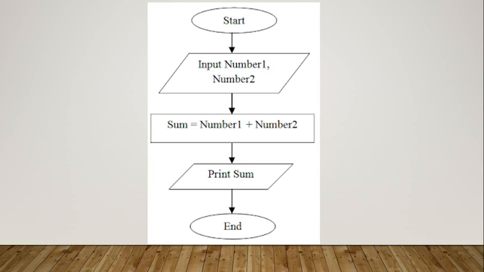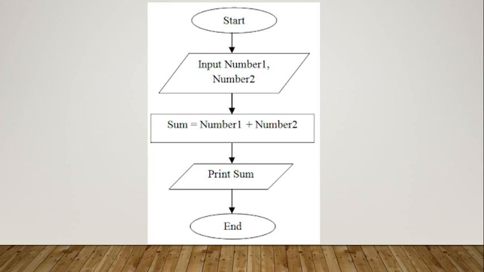And again, when we are dealing with input output operation, we are going to use a parallelogram. When we are dealing with any processing operation, we use the rectangular box. So after obtaining the sum, our next target is to display the result.